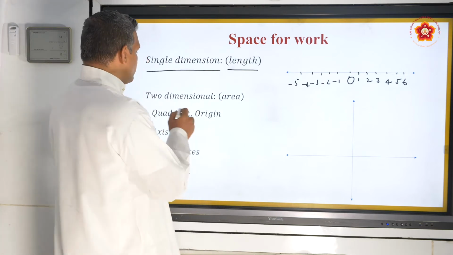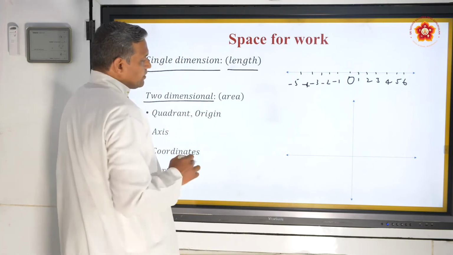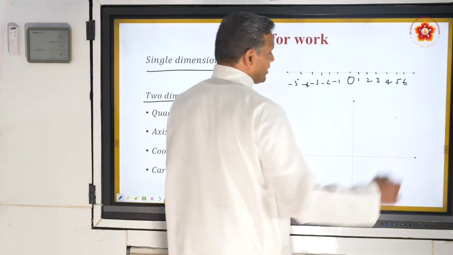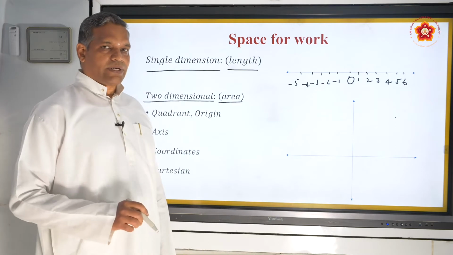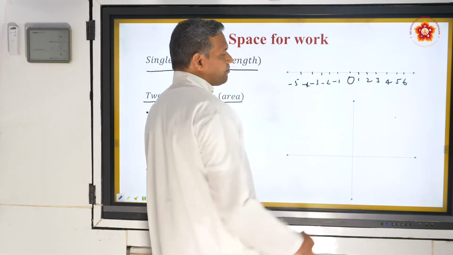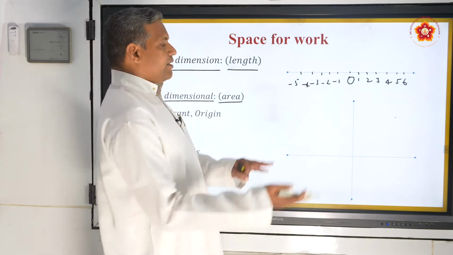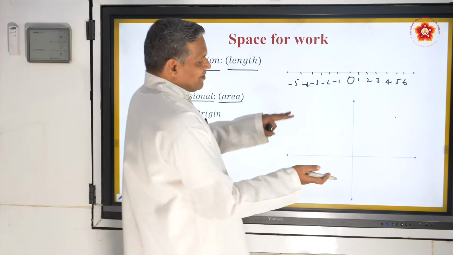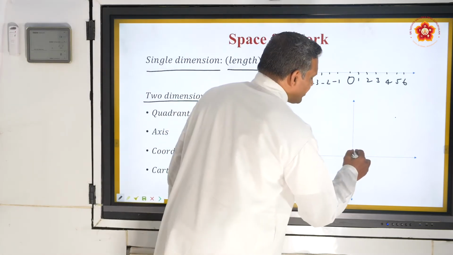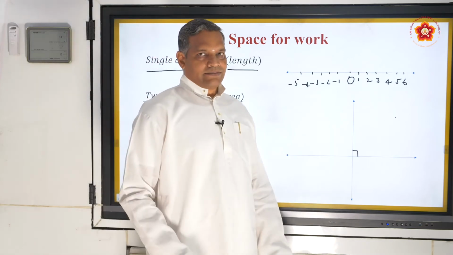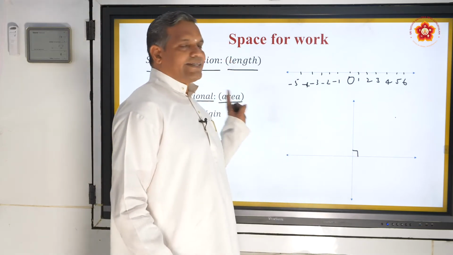But the moment you switch over to two-dimensional things like area, where you are supposed to locate, suppose I am supposed to locate a point there. How do I locate it? With a single line I cannot locate that point. What do I do? I take another number line. For your convenience I am saying number line, though it is not actually a number line. Another number line perpendicular to this number line. Then what will happen? I have a plane. This covers the entire plane.